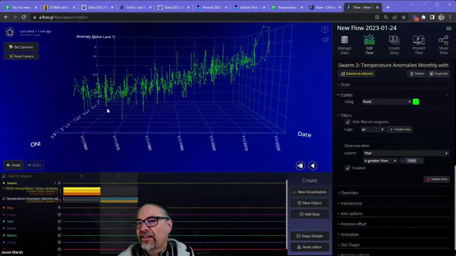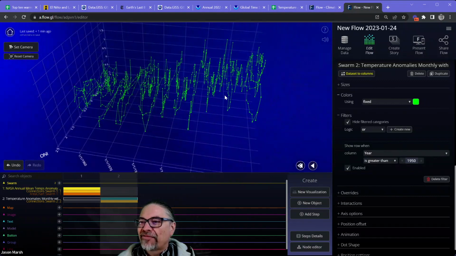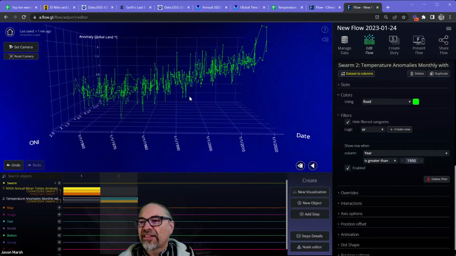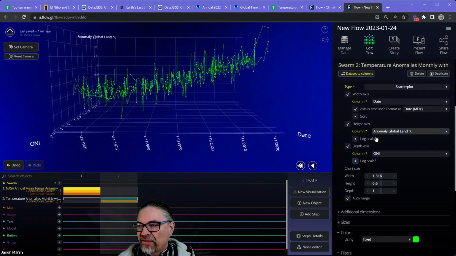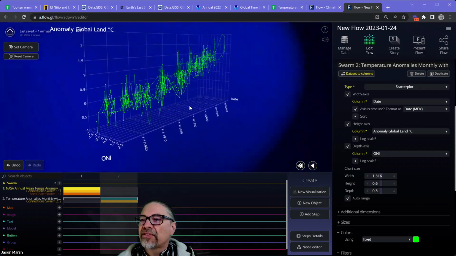The closer dots seem to be higher than the farther dots in a pretty extreme way. That's normal in a 3D view, but in order to reduce it a little bit, I'm just going to change the depth and make it so it's only 0.3 meters deep.